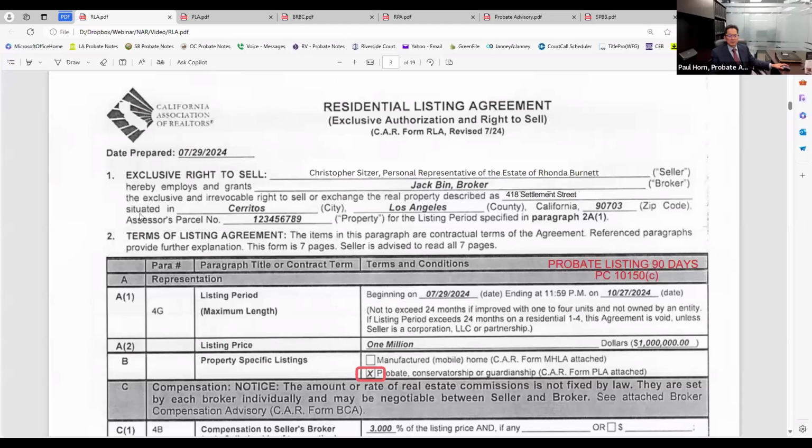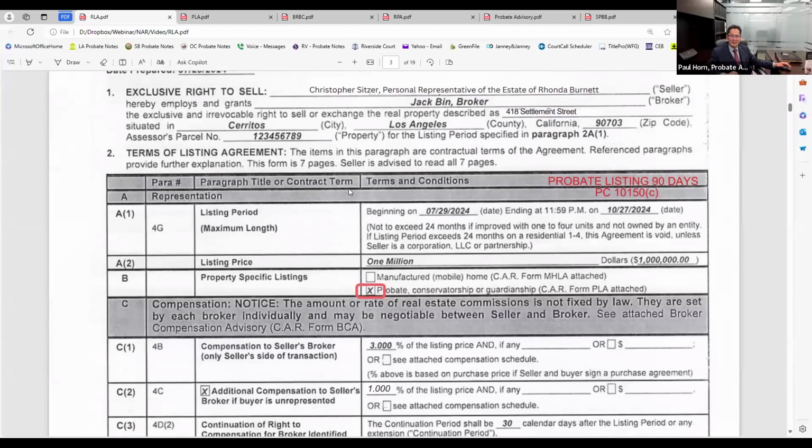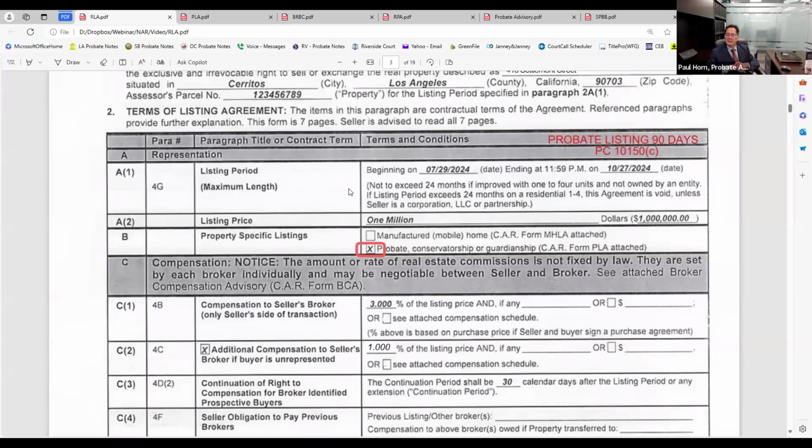Exclusive right to sell, you're gonna put in your seller's name. So for a standard transaction, your client; in probate, for example, the son, Christopher Sitzler, personal representative of the estate of Rhonda Burnett, your seller, right?